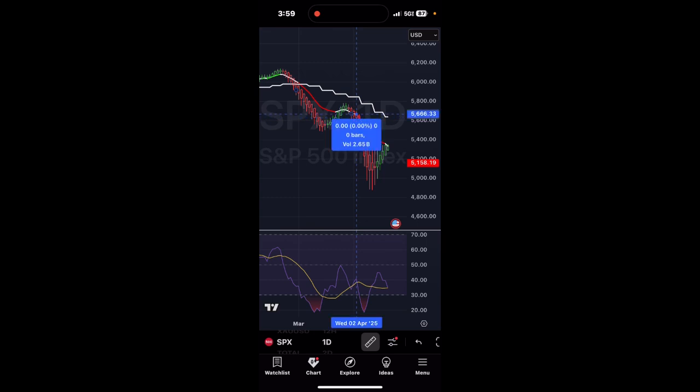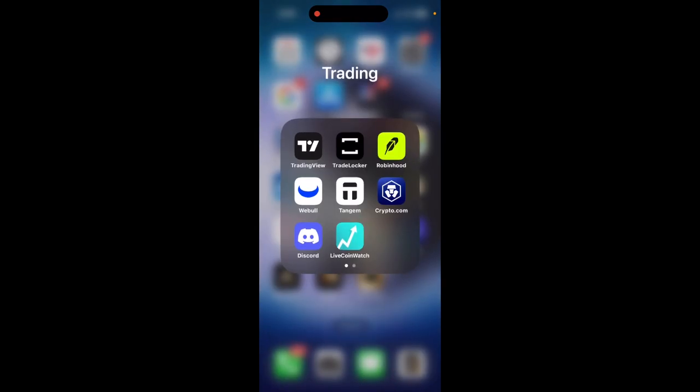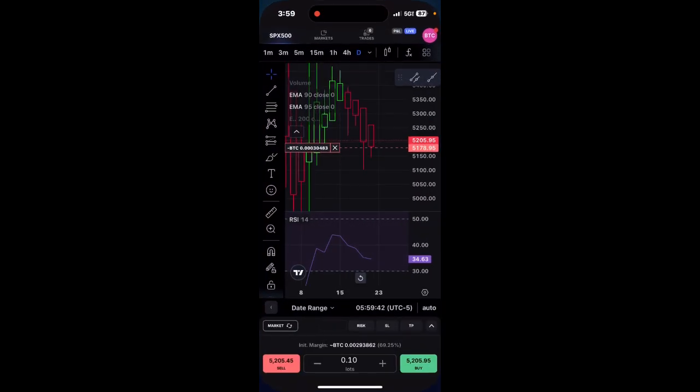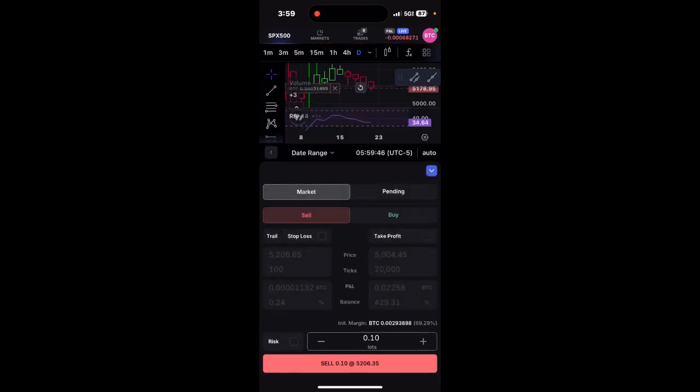So we wrote it out from here because we were in a downtrend, and if we rode this right here, this is about 58,000 ticks. So this is about 58,000 ticks. If you want to measure and see how much Bitcoin you're going to be making, you want to go here to,